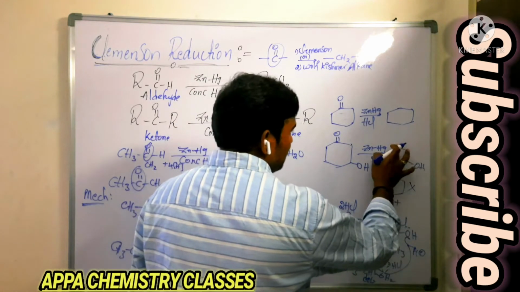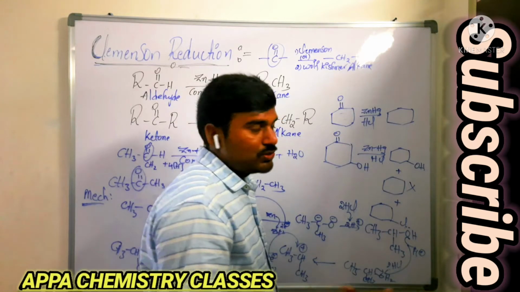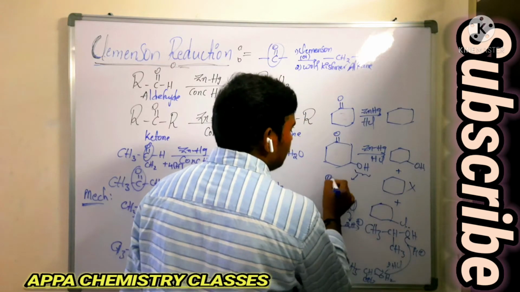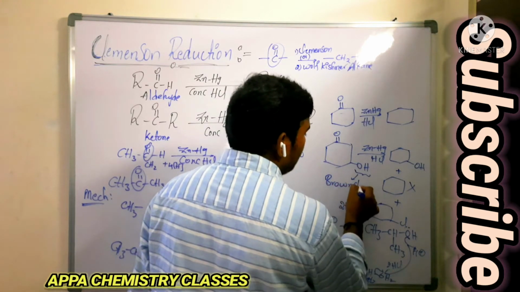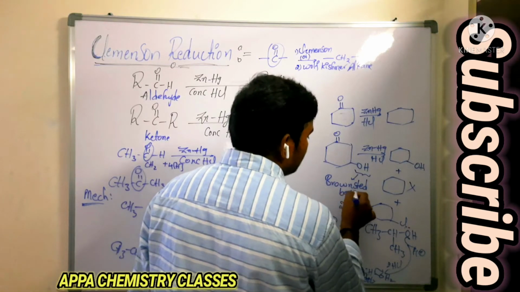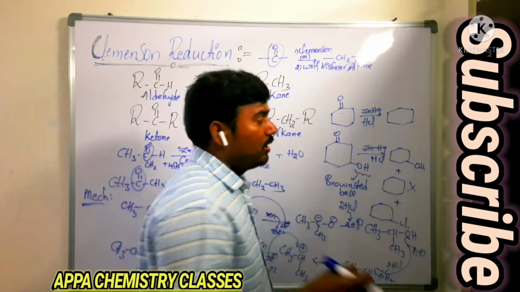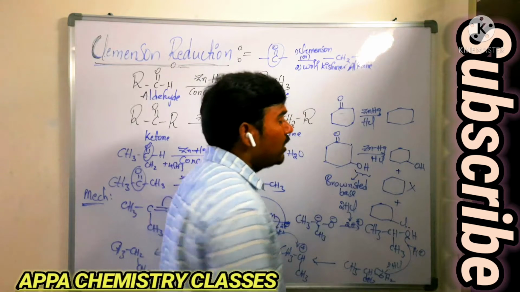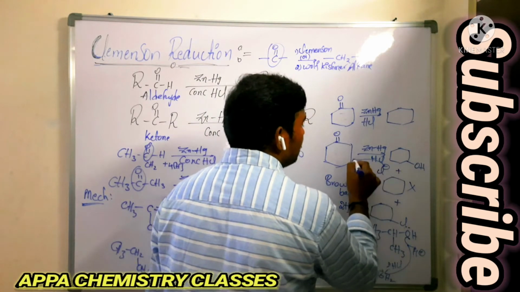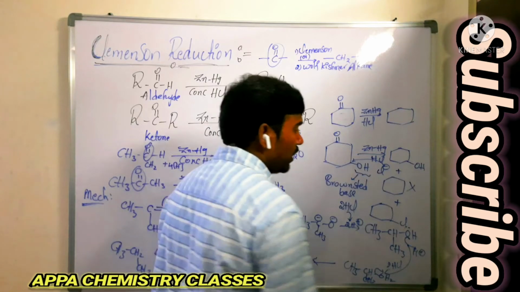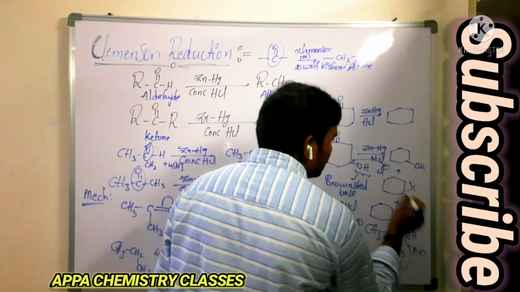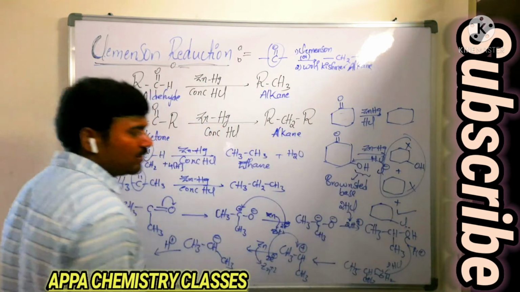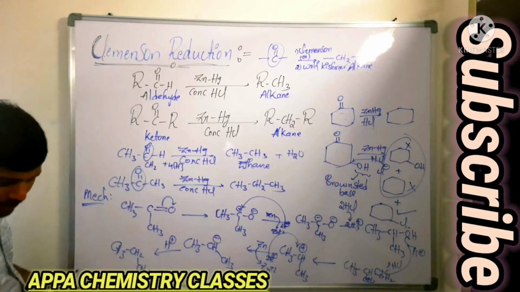Now in this case you see the ketone is converted to CH2. What about OH? What is this OH? It is a Bronsted base. According to Bronsted-Lowry theory, it is a Bronsted base, because it accepts the proton. It accepts the proton from acid and is removed as water, H2O, and we will have the Cl minus ion. That Cl minus ion is substituted here. So then what happens? We are going to get this product, not these two. These two are incorrect products. The correct product is this one. Is that clear? This is very important in the case of Clemmensen reduction.